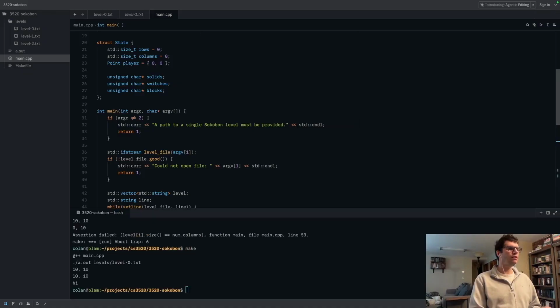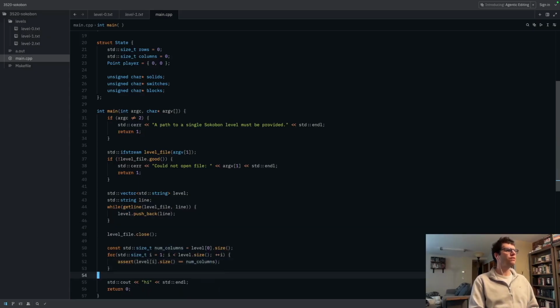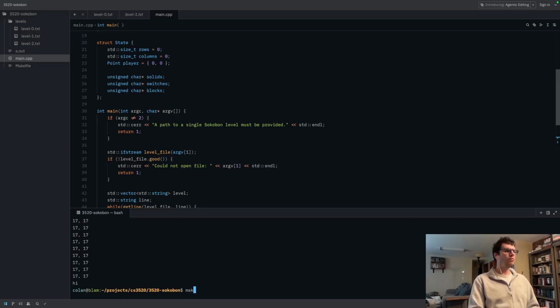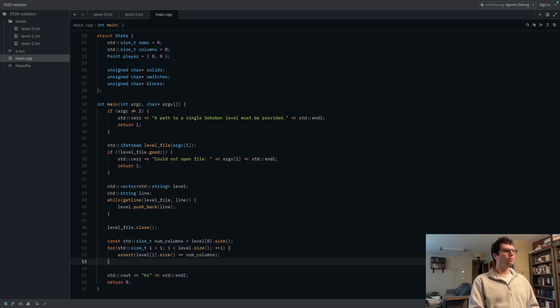I'm going to keep this assert, but you can see, for example, if I did levels, level 1, totally fine. Levels, level 2, totally fine, right? And you can see it's 17, 17 and all that. But I also kept those prints around, so now if I did it, that's going to go away. All right, cool. So now that we have our level, what we want to do